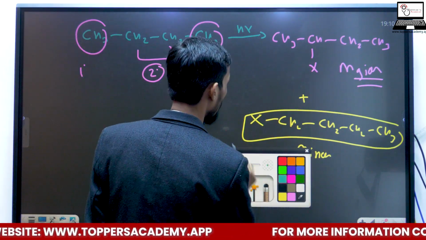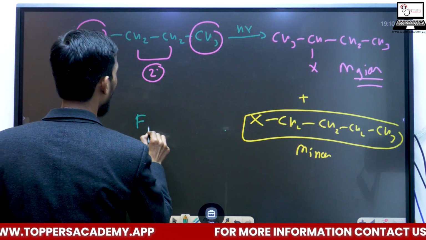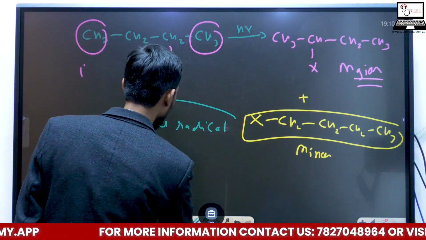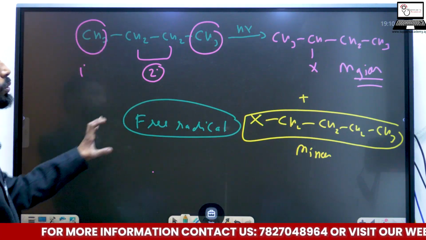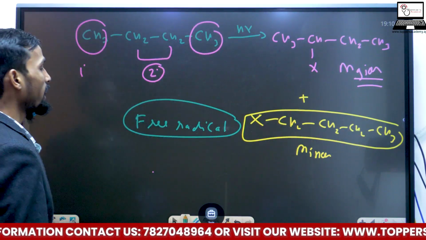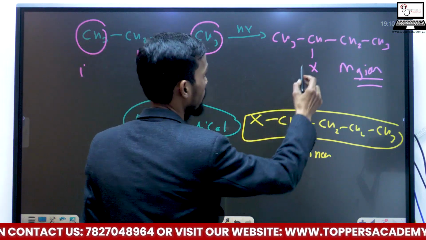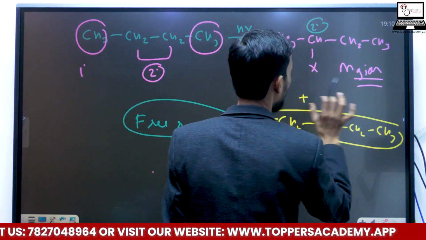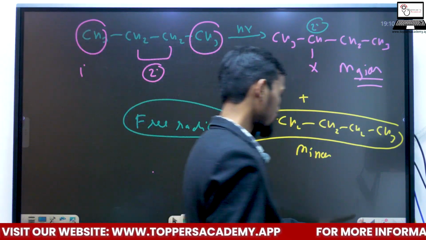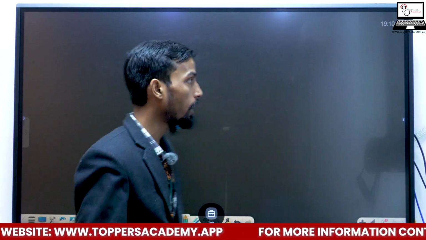As we have seen in the mechanism, the free radical is being formed, and the free radical which is more stable is going to proceed in the forward direction more prominently. That's why we are getting the 2 degree product as the major product. So if we take some more examples, some simpler example of this,